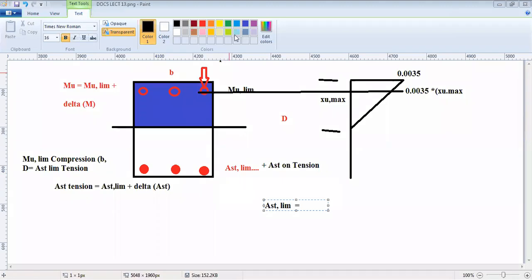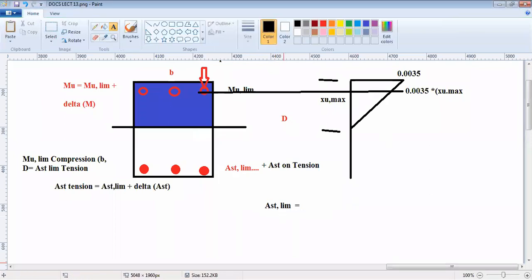By using the Mu limiting, sir. By using the Mu limiting. So your